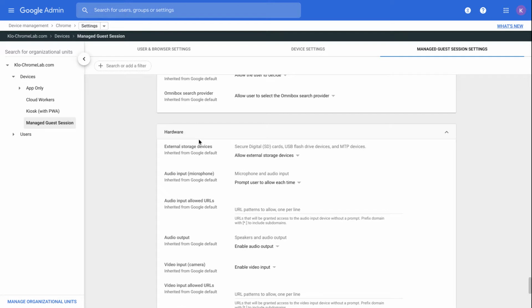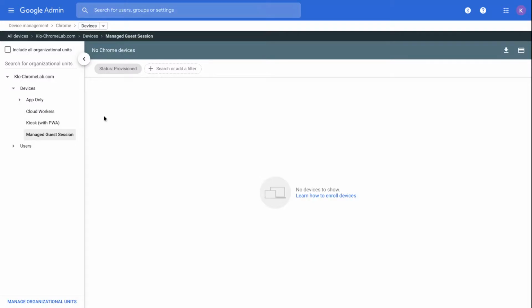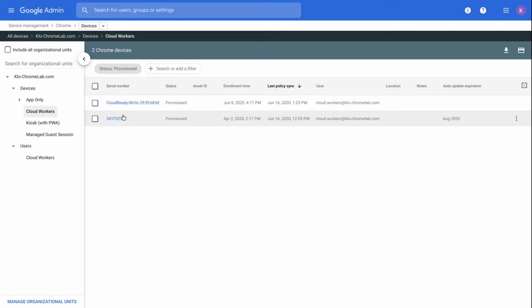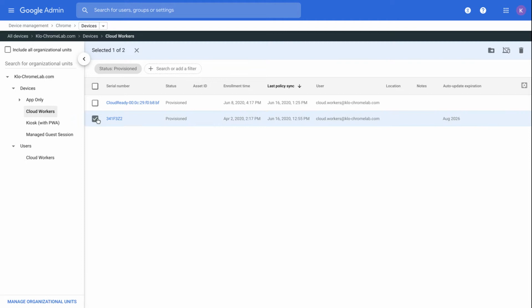Now let's move to the device part. As on the user page, this is from here that you will see all devices enrolled in your company. Like users, you can move a device to another OU. Let me show you.